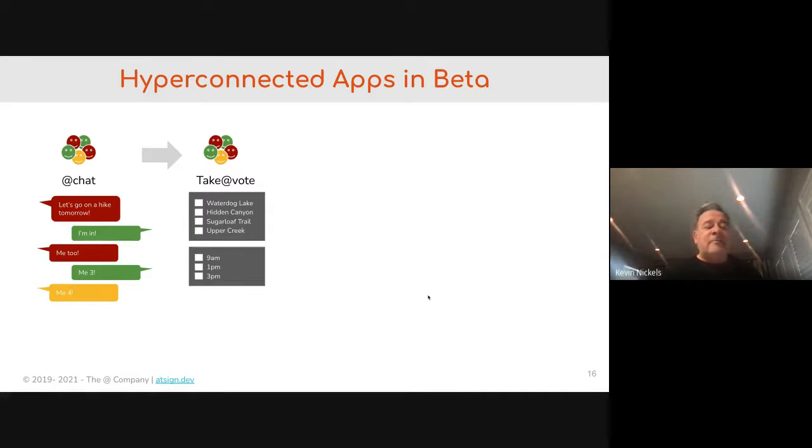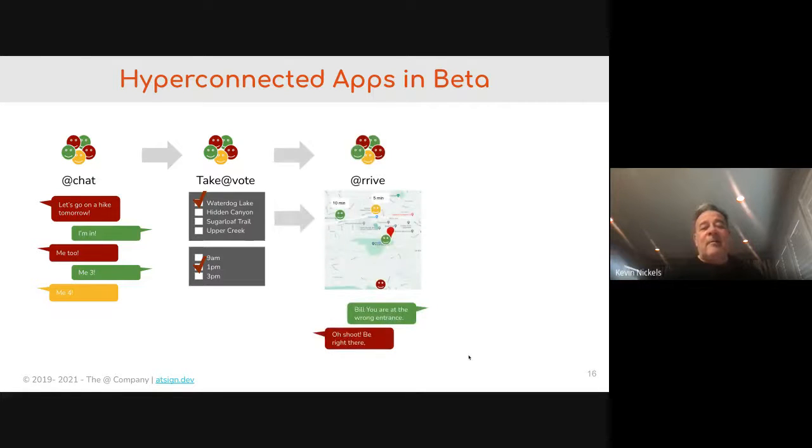So you can think of interesting use cases where I want to have a chat in one place and have those same chat messages show up in another app for whatever reason, or not. I mean, it works both ways, or locations. Different apps can actually share data with each other really easily. And so in this case, there's different apps. So @chat, that's one of our, it's just a sample app that we have in the repo, the demo app.